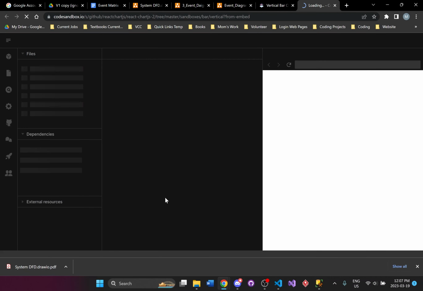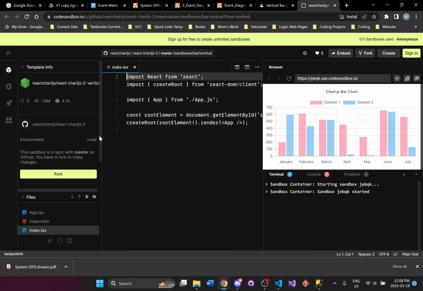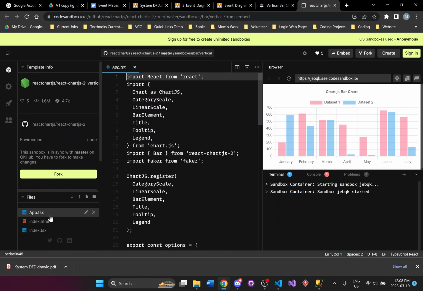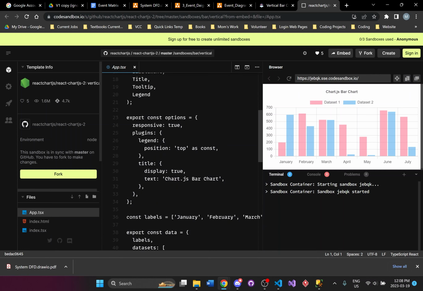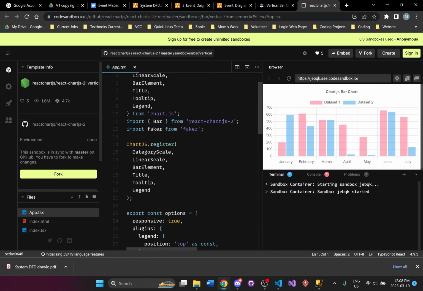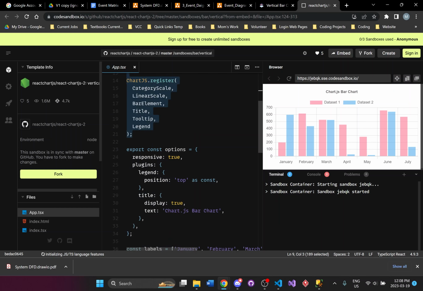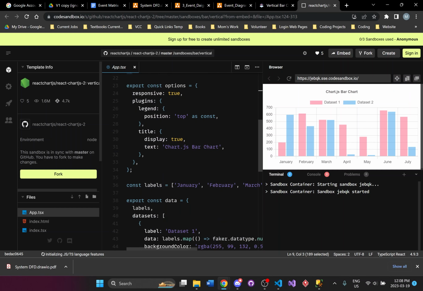You can open up the sandbox and then it will display the code for this specific chart. And this is more for React, but it doesn't matter. It's the same thing for Next.js. We just have to do some imports and add a few things onto the page.